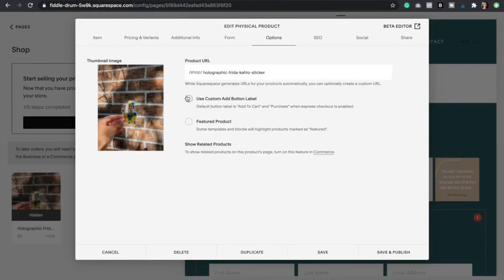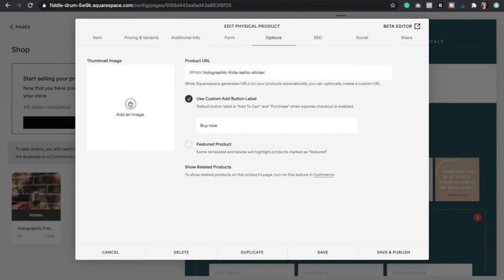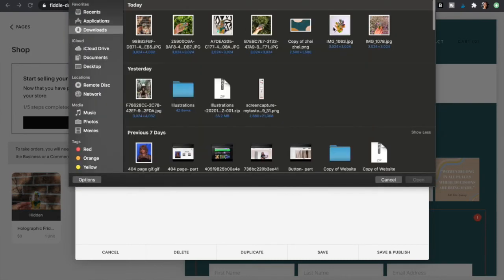Just like that. And then you can also add your custom add button label, right? So just click right here, and instead of add to cart, you can do something like buy now. And so this is a thumbnail image, which means that this is going to be the first image that your customers are going to see on your website. And if you want to change it, just click the trash can button